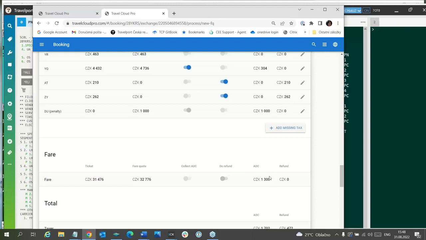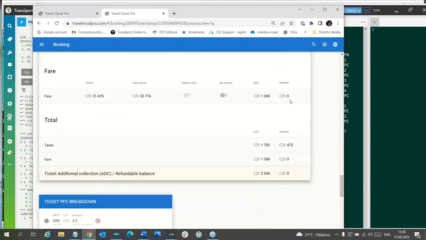If the additional collection would be zero, then when you exchange the ticket, an EMD for the refundable balance will be issued, and you can refund this EMD. You cannot deduct the refunded taxes from the new taxes.